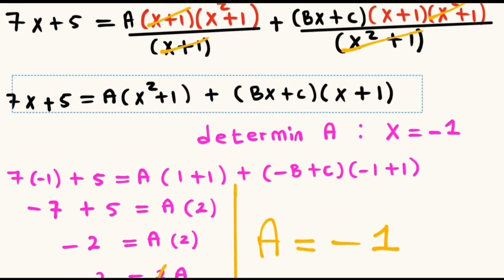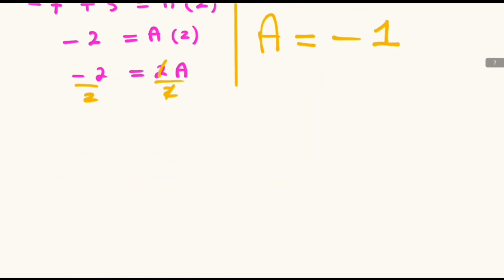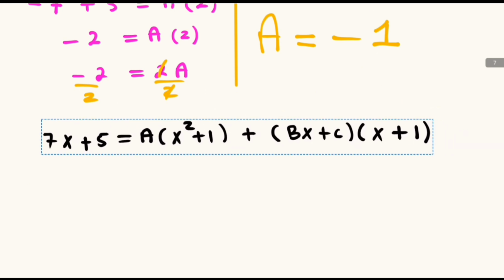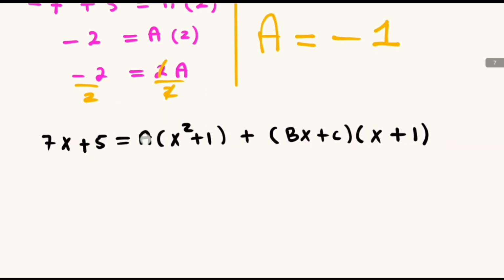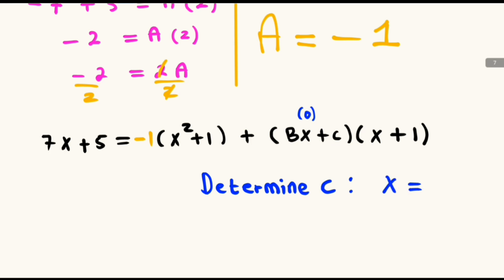We copy and paste our chief equation, and we already determined the value of a as negative 1, so we substitute negative 1 where there is a, and now we determine the value of c by strategically letting x to be equals to 0. 0 multiplied by the b will be equals to 0, and this will give us an opportunity to determine the value of c. So we let x to be equals to 0,